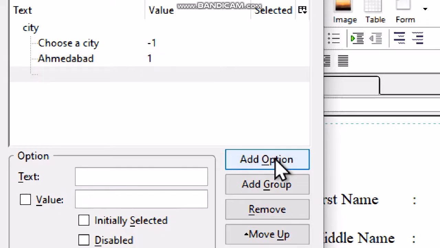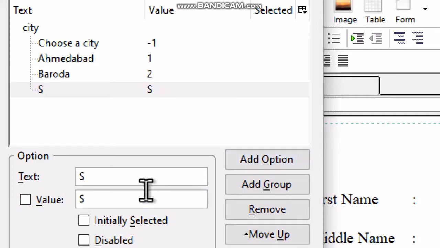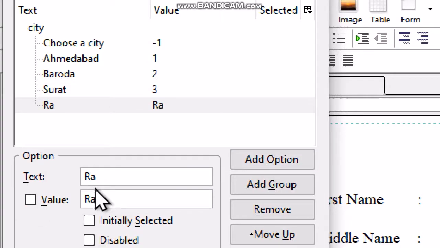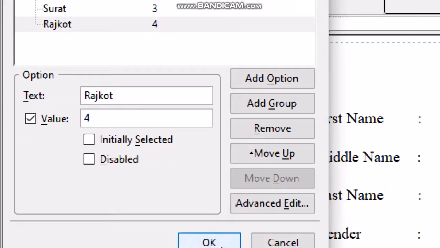add option, Baroda, value as 2, add option, Surat, value as 3, add option, last one is Rajkot, value as 4, press OK.